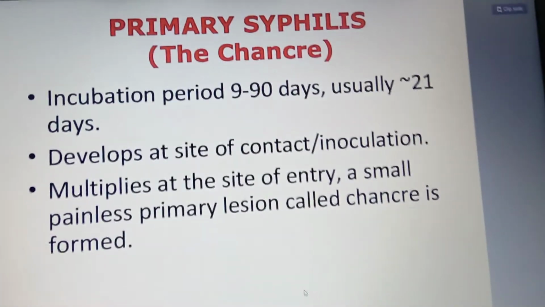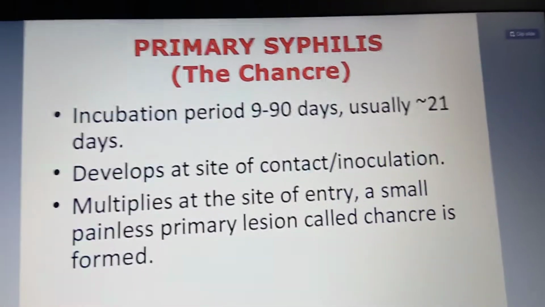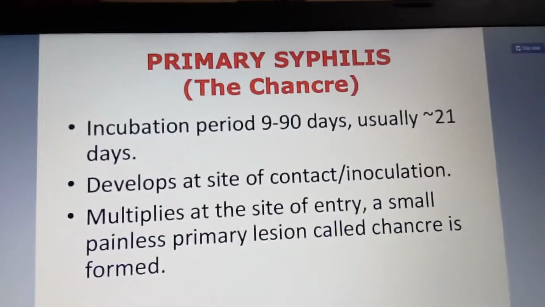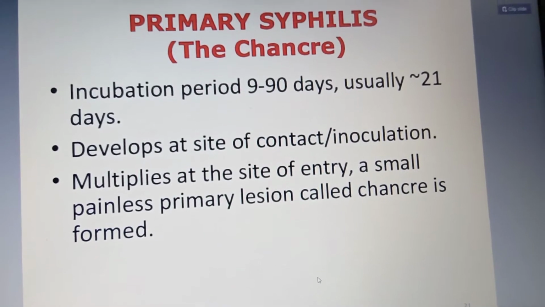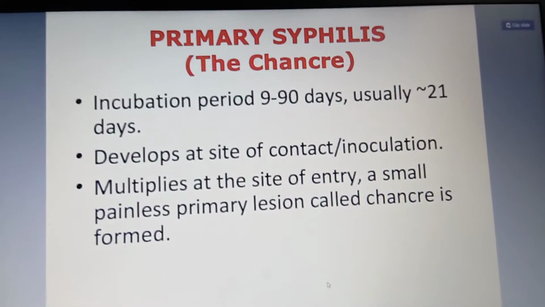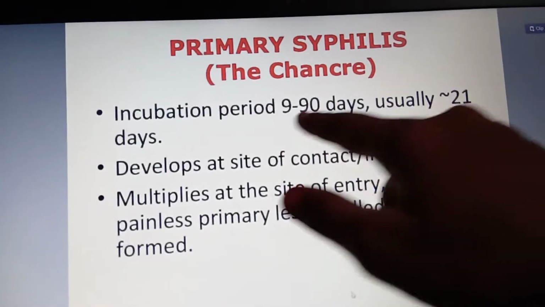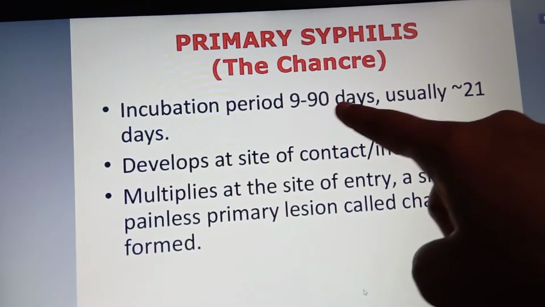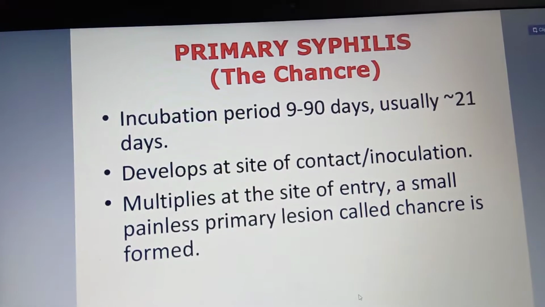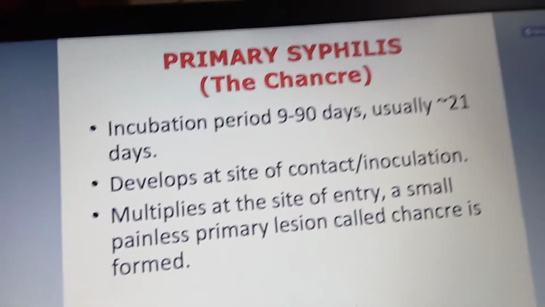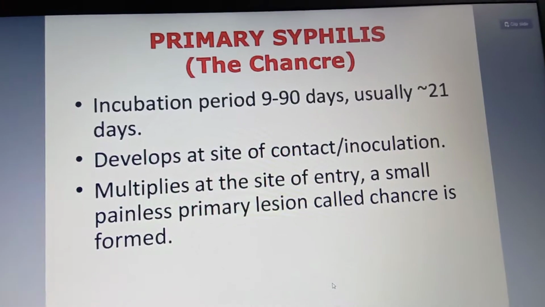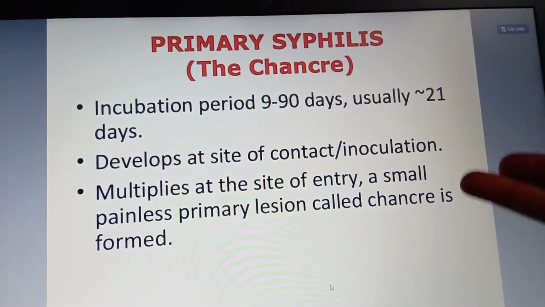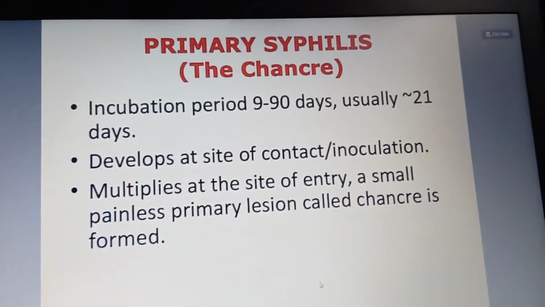First we'll be seeing what primary syphilis is. Primary syphilis is also called a chancre. Chancre means the site over the genital area where you can see the infection or ulcer formation. The incubation is within 9 to 19 days, and you can see this type of primary syphilis. If your contact or inoculation is through blood transfusion, you are also going to get this type of primary syphilis.